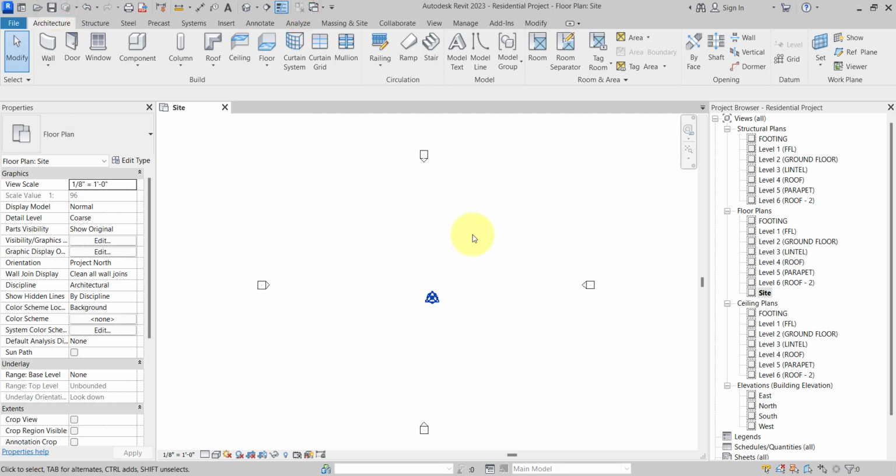What is the next thing that we need to use that is related to the unit? So